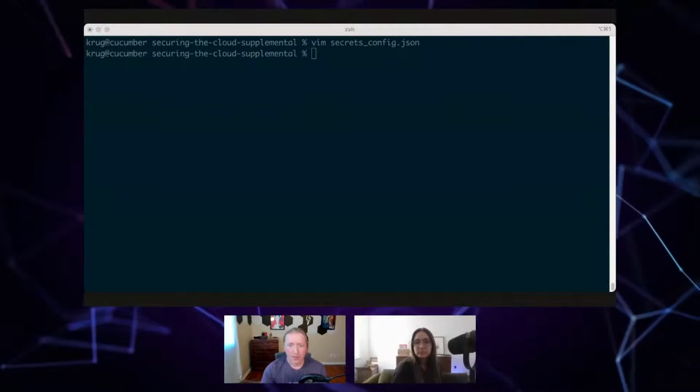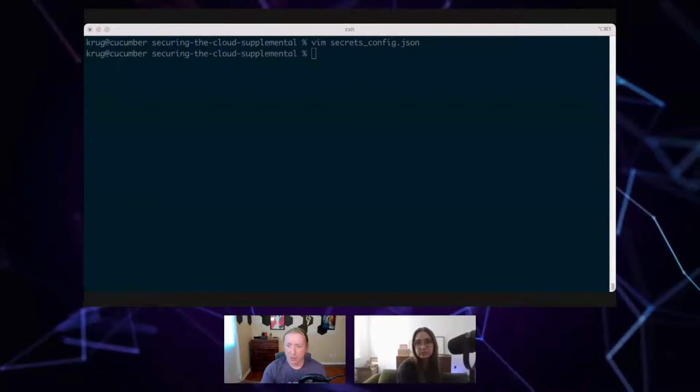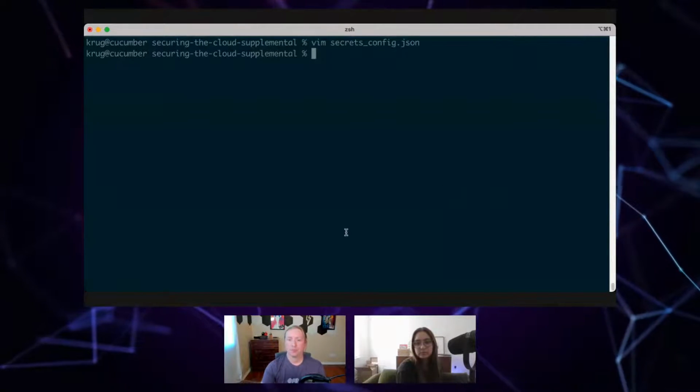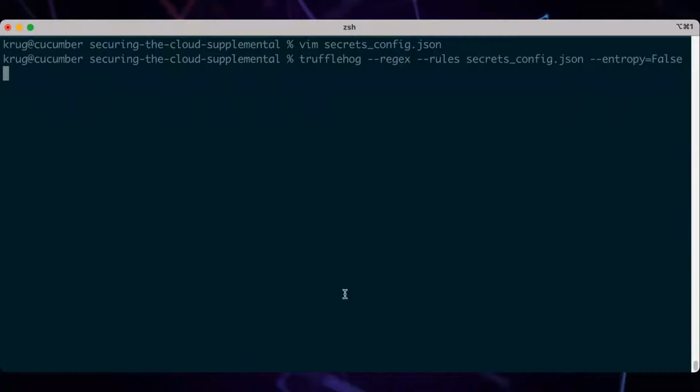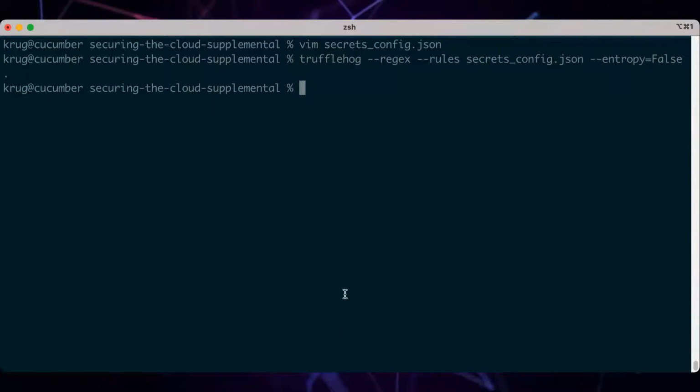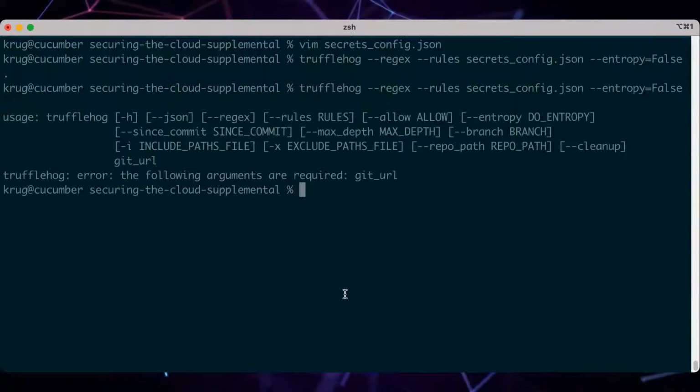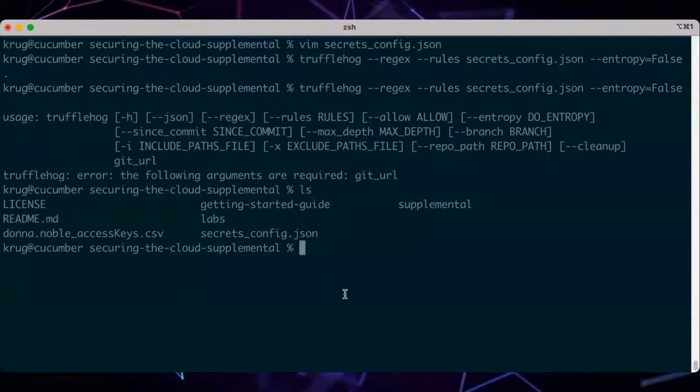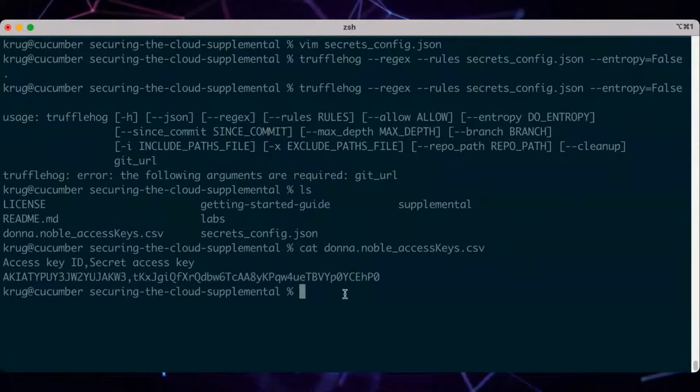Let's go ahead and run this with this fancy new rule file. See if it will match. It didn't find it. Wow. So it should be finding this file. Like we literally have a CSV that is full of credentials right here. How it's not finding this, I have no idea.